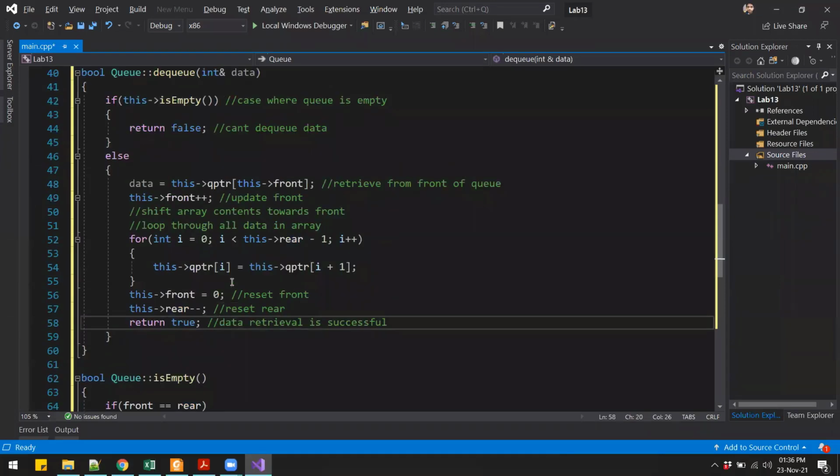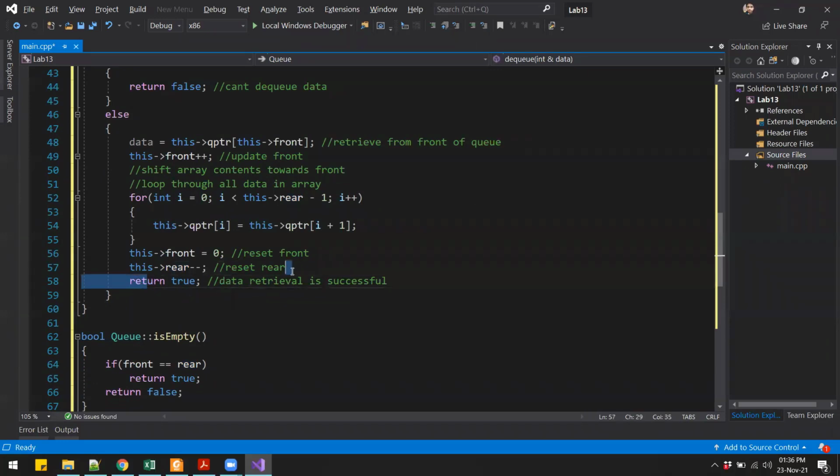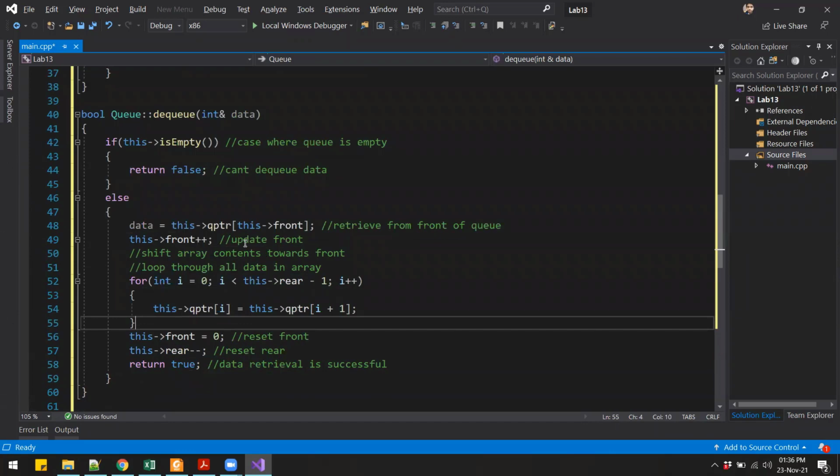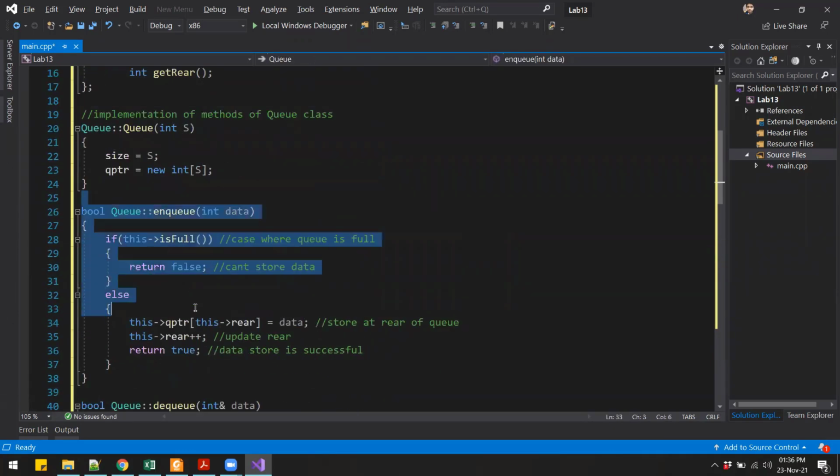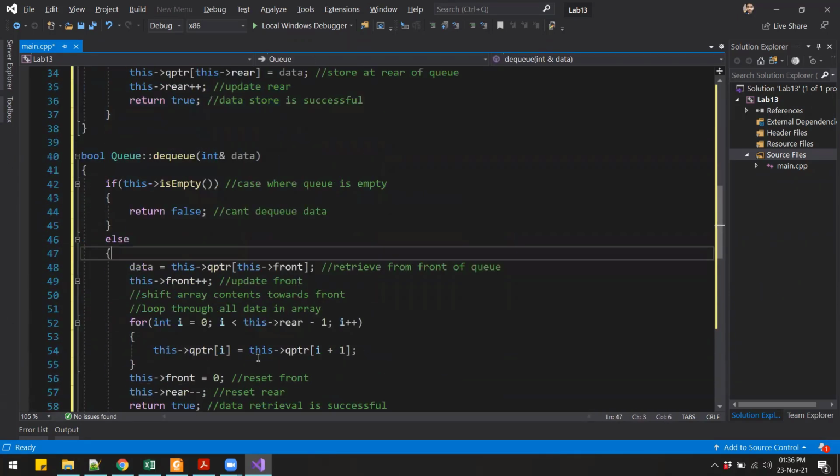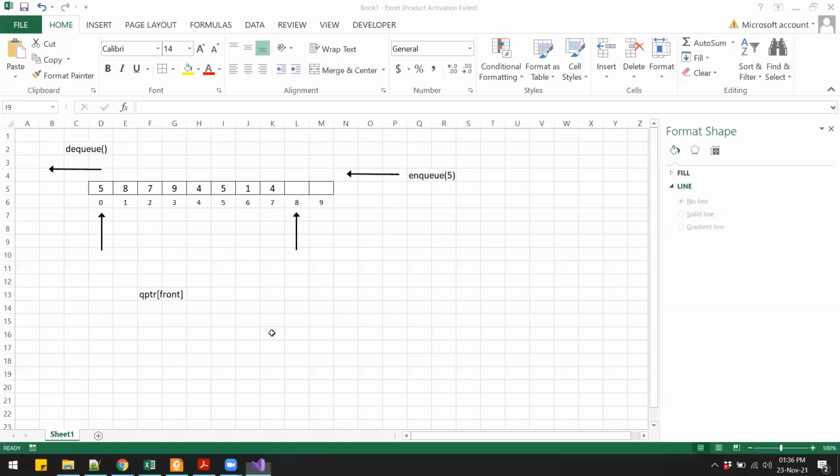And then once we have successfully dequeued the element, we can return a true to indicate the success. So this was the enqueue and the dequeue function. Those are the basic operations that we will be performing on the queue. Now let's write some code in our main function to see the queue in action.